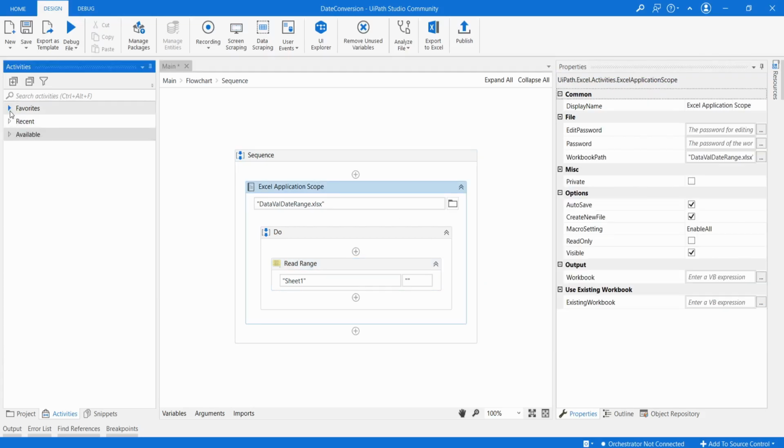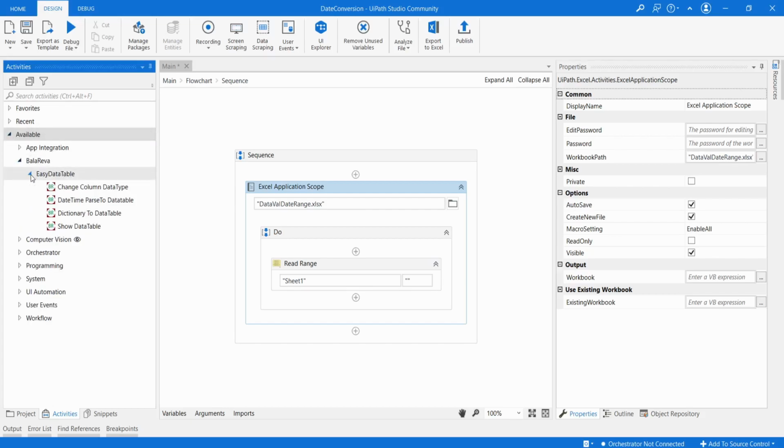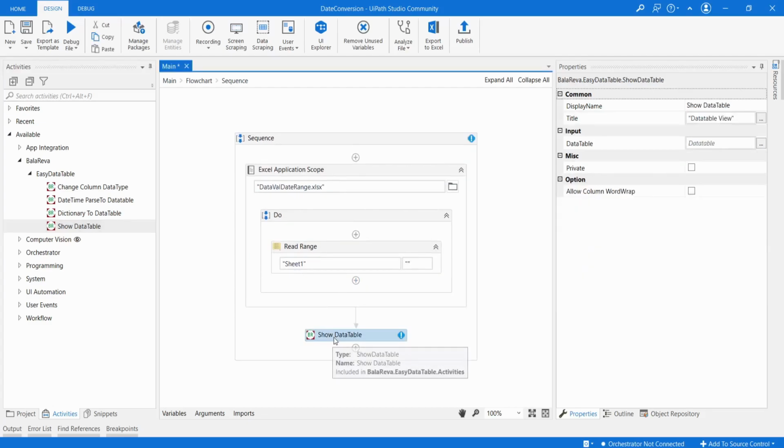In the Balareva EC data table package you can see the show data table activity. What it does, it will show the values that are in the data table.